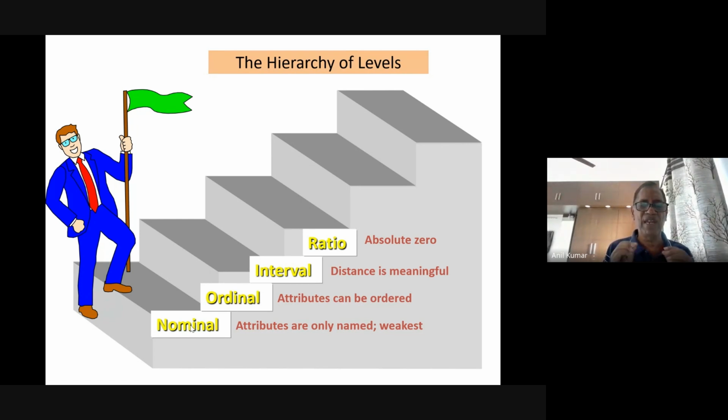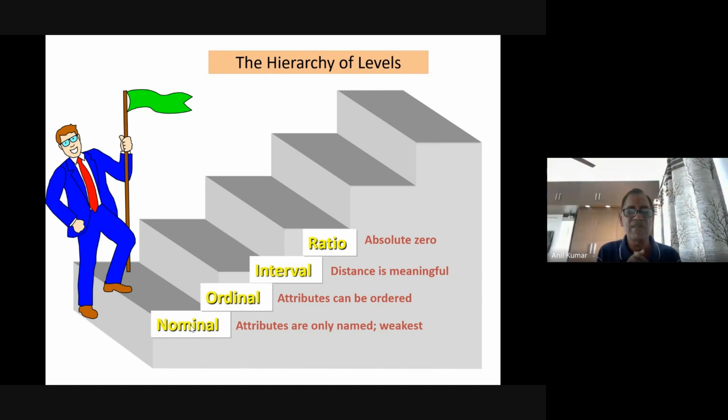I have just named, somebody has just named me by name, and that is the data we have. In ordinal, there is ranking of the information, ranking of the concept based on hierarchy. Hierarchy means sometimes you may say that I have ranked the data on the basis of the length of the individual. So ranking is there, whether in ascending order or descending order, but some kind of ranking you have done with that data.